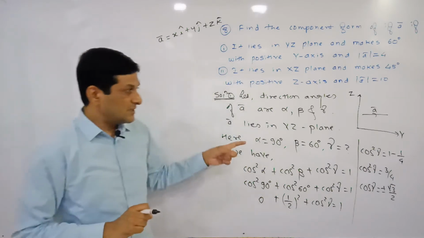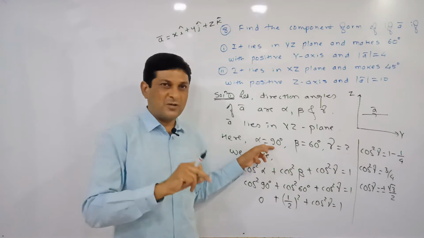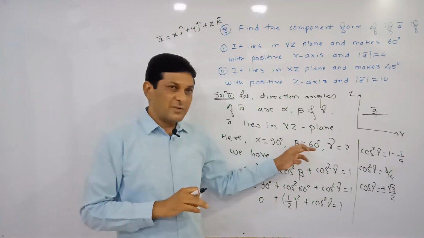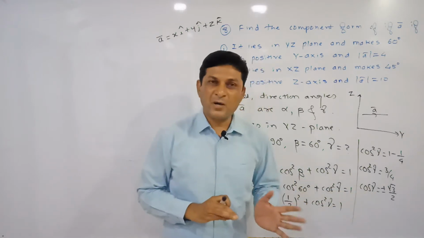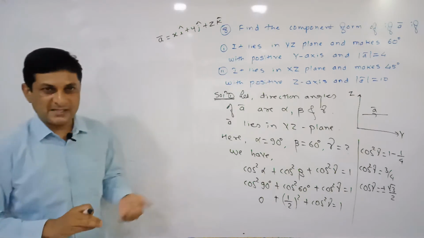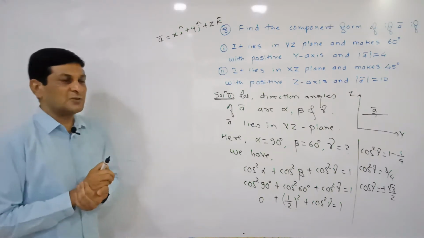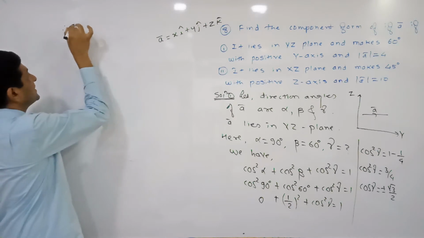A bar. So direction cosines, this cos alpha is given means we are able to find out cos alpha. Beta is given means we are able to find out cos beta also. And just now we have got the value of cos gamma. And cos alpha, cos beta and cos gamma are direction cosines. And if the direction cosines are known to us, then unit vector along A bar can be defined as,